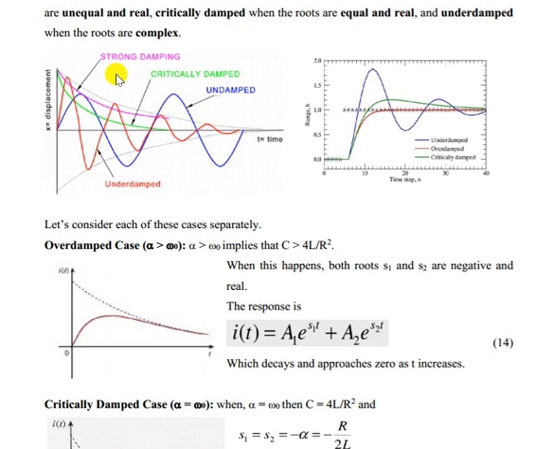And overdamped means it is not oscillatory at all. It is steadily decreasing and goes to the final value. Now critically damped, the difference you can look here. Underdamped means it is oscillatory and goes to a steady state value. Overdamped means it goes to the steady state value after a long time. Critically damped means it will go above the reference level, then go down to the reference value.